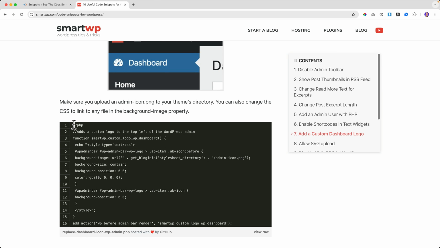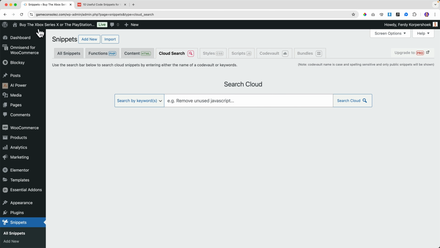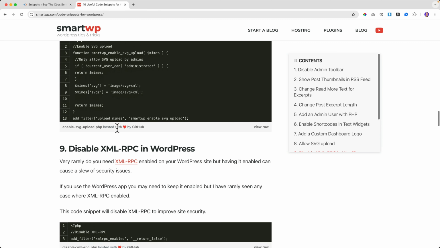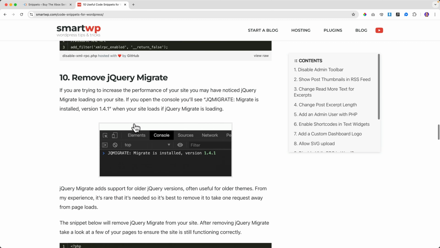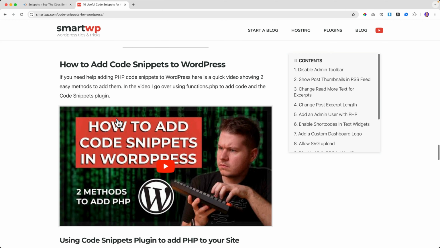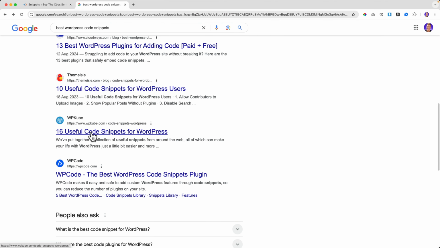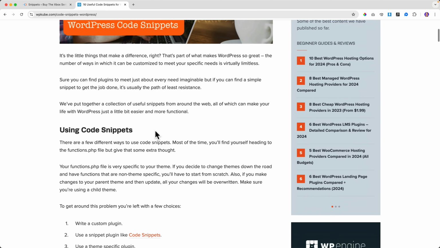You can copy this code. Change the PNG URL. And then it will appear over here. Allow SVG upload, disable XML-RPC, remove jQuery migrate. Okay, well, if there's something you like, you can use that.